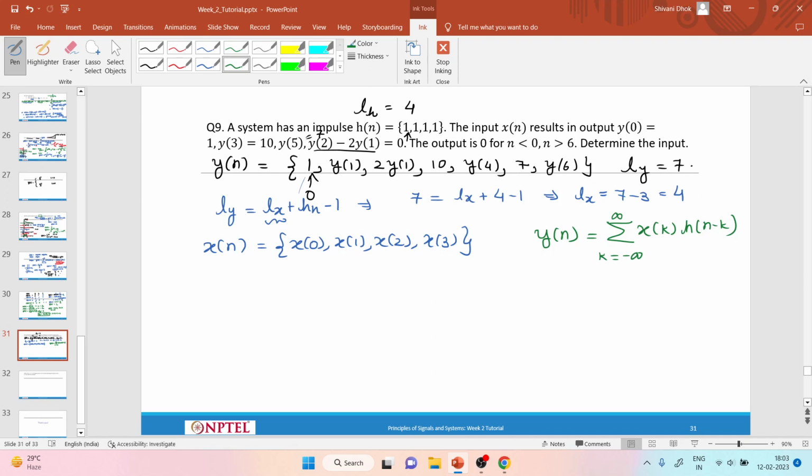So now let us find the equation for y of 0 from this given convolution equation. So my y of 0 is equal to summation x of k h of minus k. Now if I vary my k from minus infinity to infinity, my h of k will be non-zero